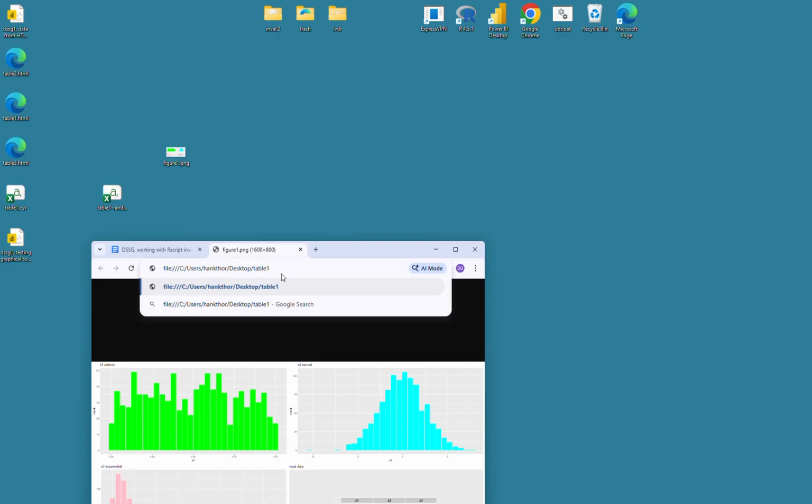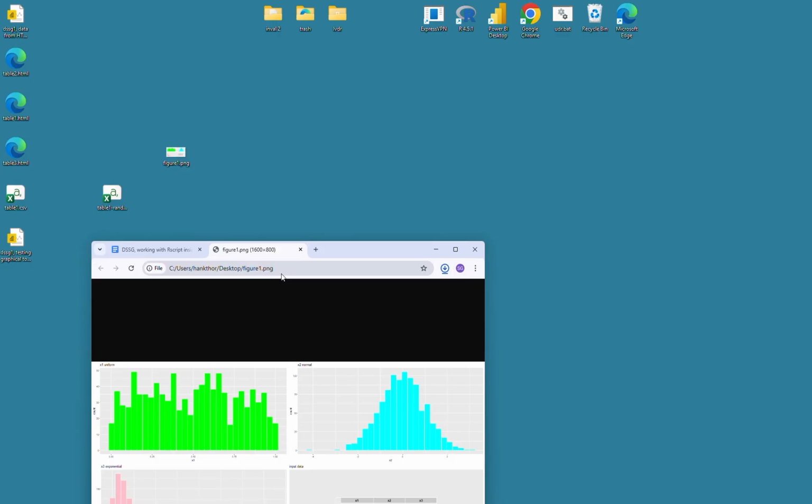Table one random .csv. So it doesn't. In this case, I cannot do this in Chrome, because it doesn't view, it just downloads the file. So this one doesn't help me to view this one,